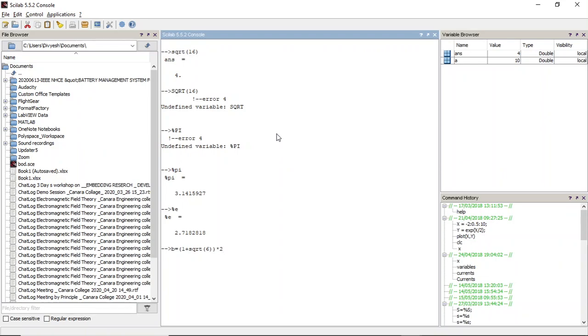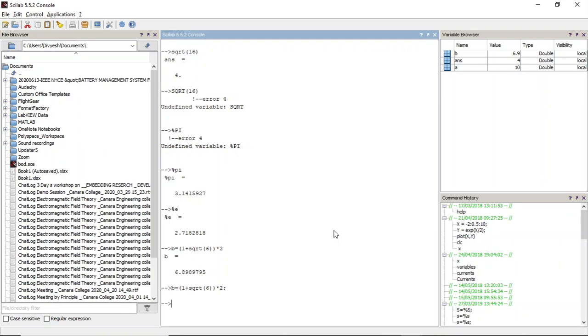Then if you press enter, you are going to get the answer directly. But if you don't like to display this answer, then what we can do is put a semicolon. So I'll now use the up arrow. I need not type this b equal to 1 plus square root of 6 into 2 again. You can either copy and paste it here, or a better way, as I told you already, is to use the up key. The previous command appears here directly, and put a semicolon, then press enter.